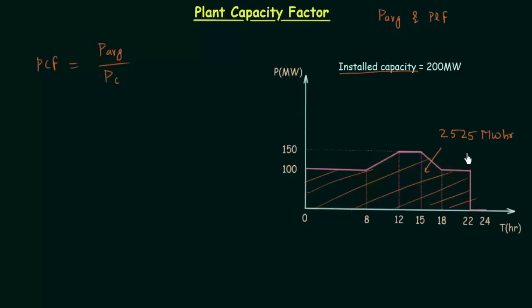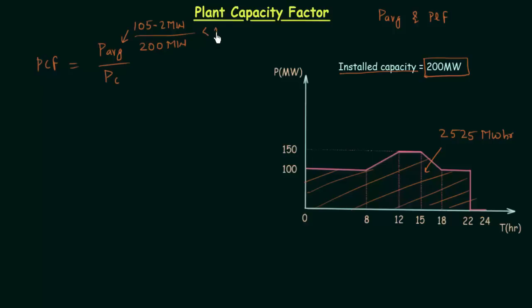So when you divide 2525 megawatt hour by 24 hours, you will get the average power, and it is equal to 105.2 megawatt. So we have the average power, and now we will divide it by the plant capacity. Plant capacity or the installed capacity is generally given with the problem. Like in this case, it is equal to 200 megawatt. So we will divide 105.2 megawatt by 200 megawatt, and it will give us PCF,